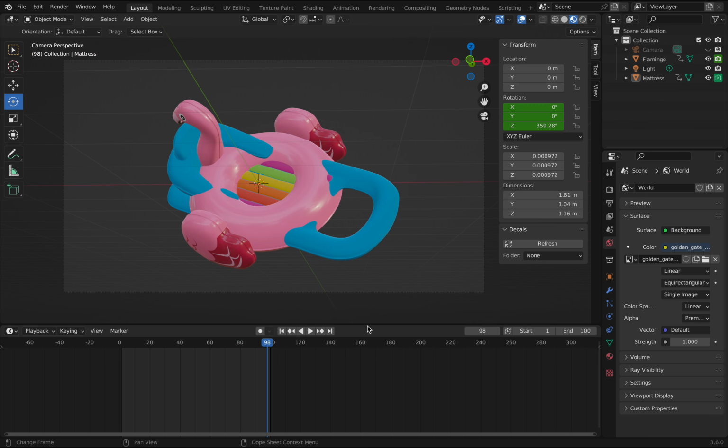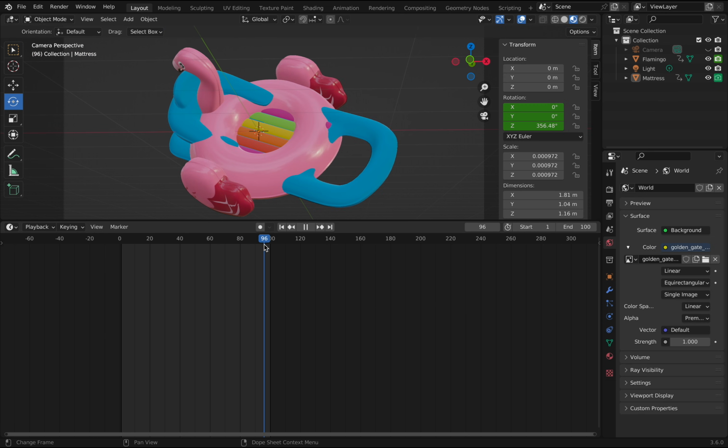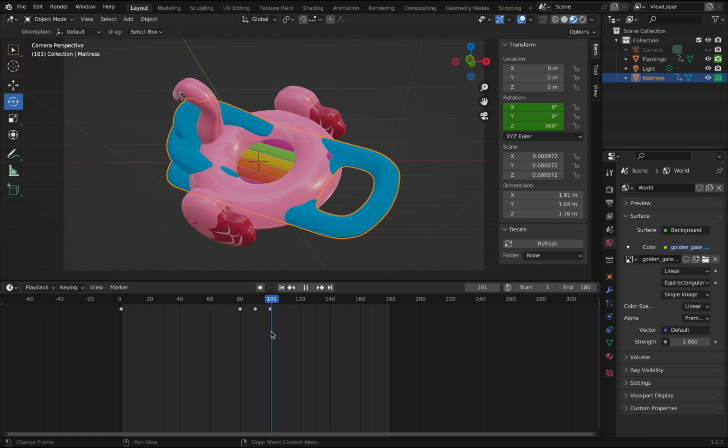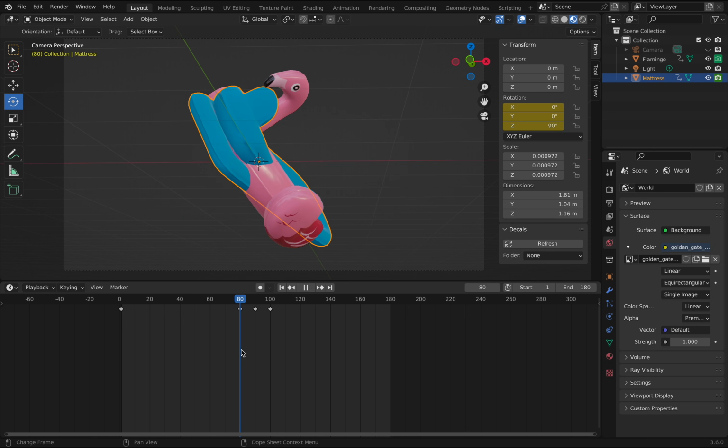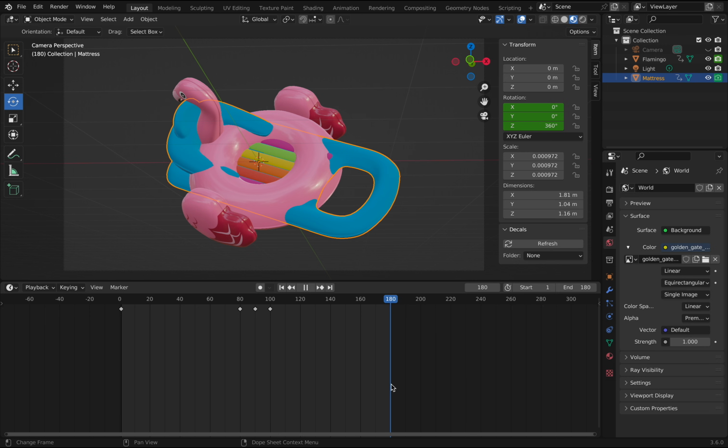And that's looking pretty good, but this animation is gonna cut off right there. But I want this flamingo to keep turning slowly towards the camera, so I'm gonna add some more frames. This animation just cuts off at frame 100, but we wanna see that flamingo come into focus now. So I'm just gonna do the same thing that I did for the mattress. Here with the mattress at 80 frames, that's when it started speeding up. So I'm gonna extend the animation to 180 frames, and I'm just gonna let that flamingo